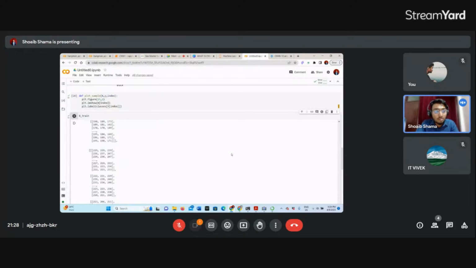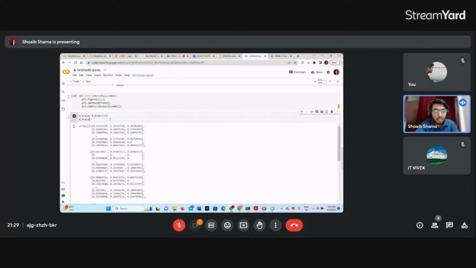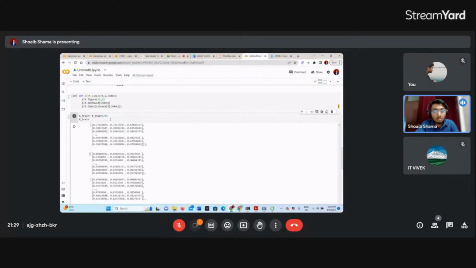So for that we will divide it by 255. So x train is equal to x train divided by 255, this is a feature of numpy. Now all its values will get divided by 255. Let me show you this. Yes, now all the values are from 0 to 1 only.